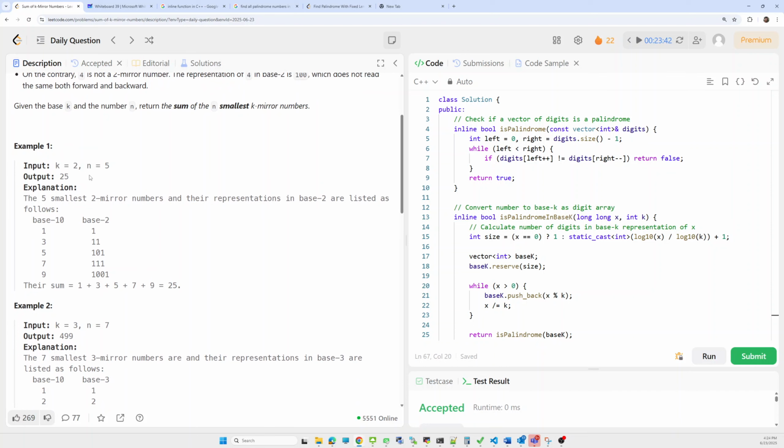First, understand the palindrome. The number 1 in base 10 is a palindrome. Similarly, in base 2 it is 1, a palindrome. 3 and 5 are single digits, so palindromes. In base 2, the representations 11, 101, 111 and 1001 are palindromes.